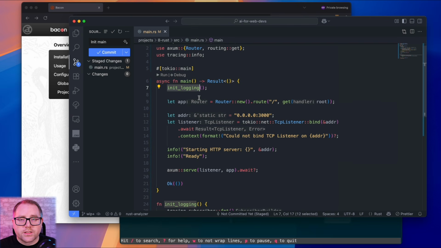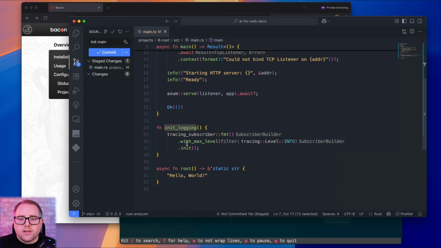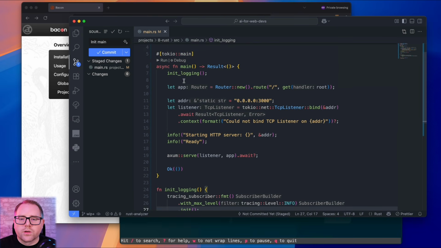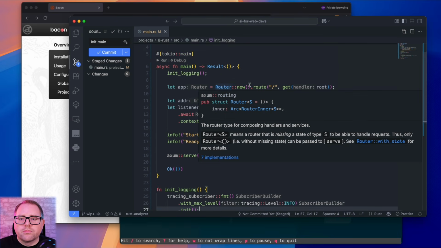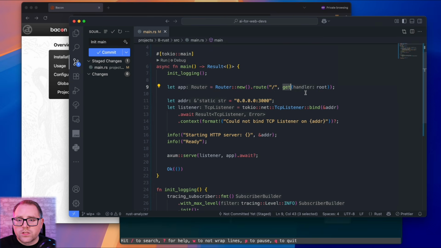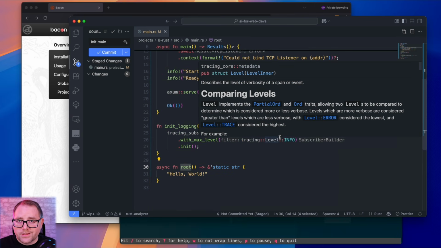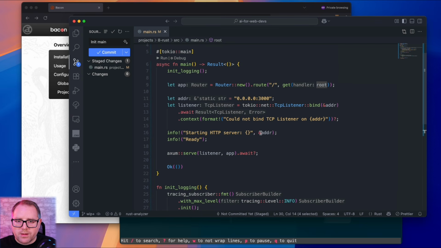All right. So first things first, we're going to set up our logging. And again, all this is going to do is allow you to plug in to this tracing, and we're going to do info. And then we're going to have our new router from Axum. We're only going to have one route, which is going to map to the top level, and it's going to call our root function. It's actually just going to return a static string, in this case, hello world. So no templating, none of that business. We've also got our address. So we're listening on port 3000, and we're going to bind that.